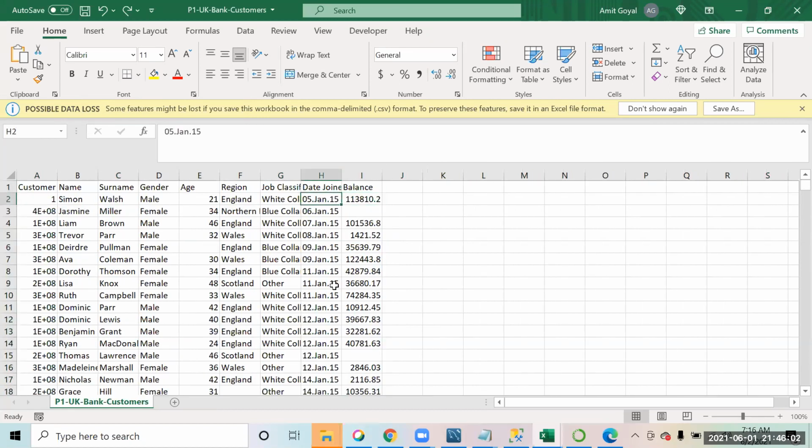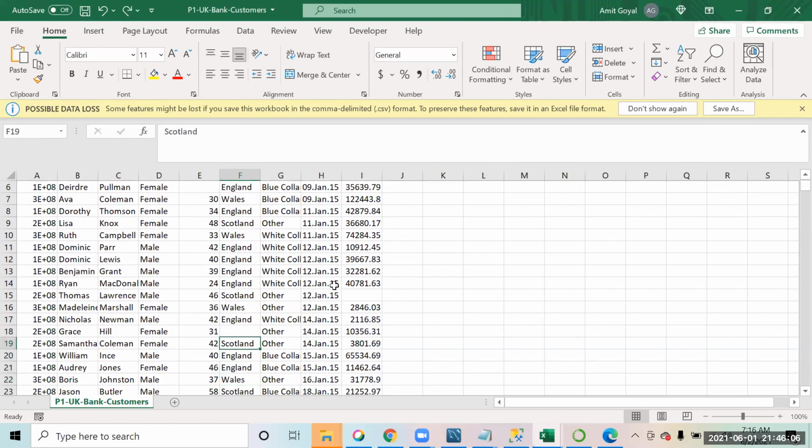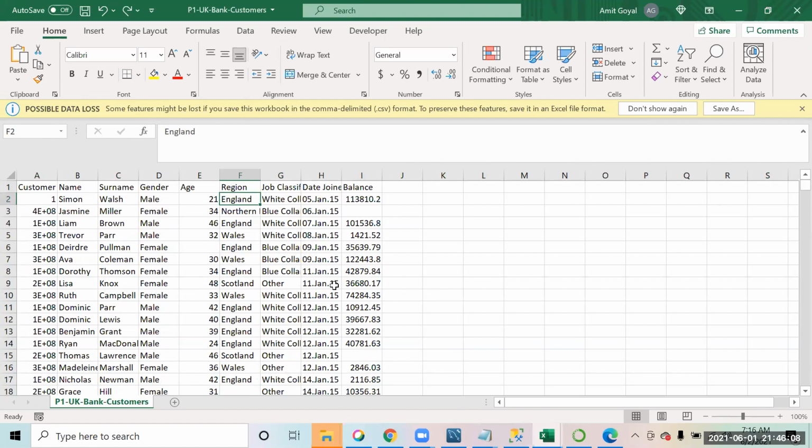And in the same way, suppose the region is missing. In the region column, I cannot find the mean or the average. In that case, we find the region that comes the most number of times. If we have 3 or 4 regions, I count how many times we have England, Northern Ireland, Wales or Scotland, and then replace the missing value with the most occurring region.